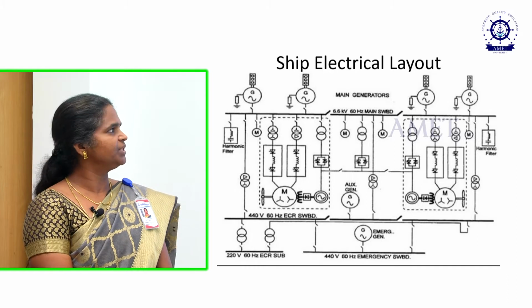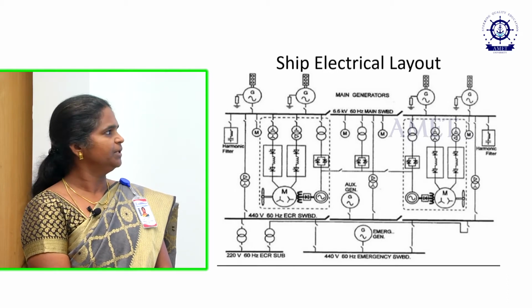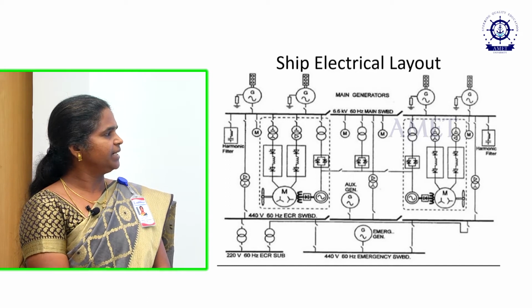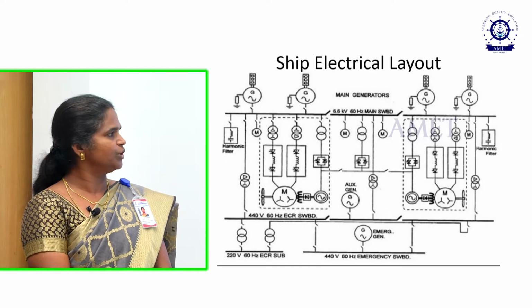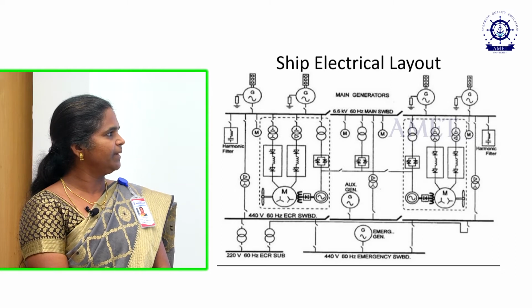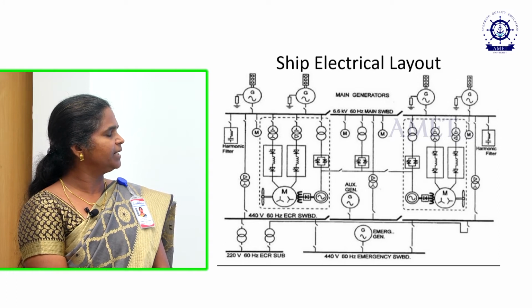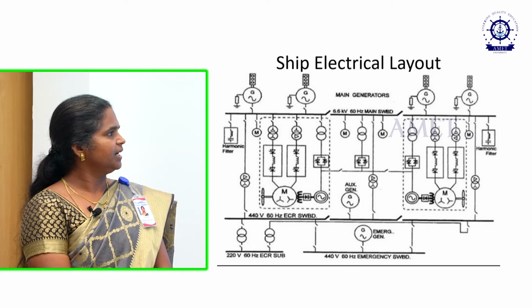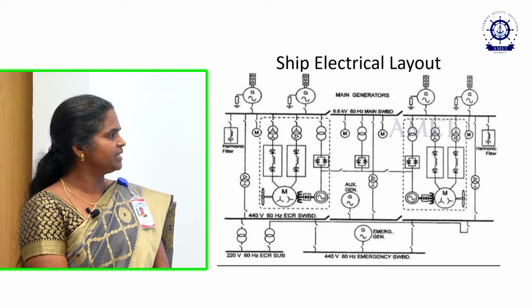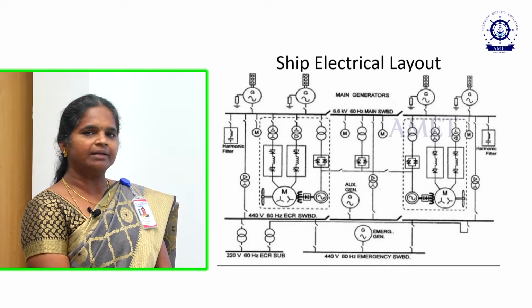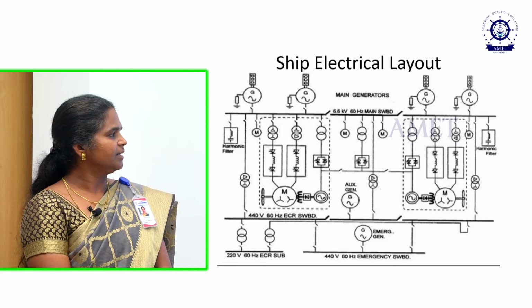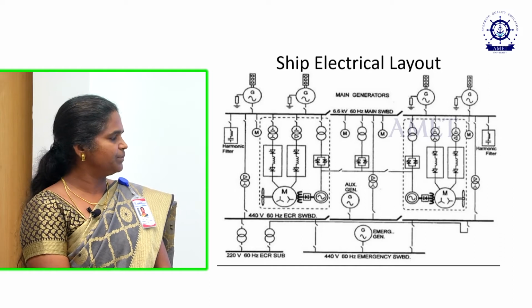Usually in the shipboard, this is the layout of the ship electrical system. Here the generators are available, and they are able to generate in the high voltage range also. The generated supply is given to the main switchboard, here at 6.6 kV. This 6.6 kV is stepped down with the help of transformers and given to the converter circuit, and again this regulated supply is given to the propulsion motor, which drives the propeller. So, this is a ship electrical system.